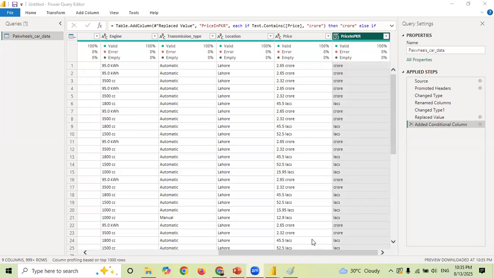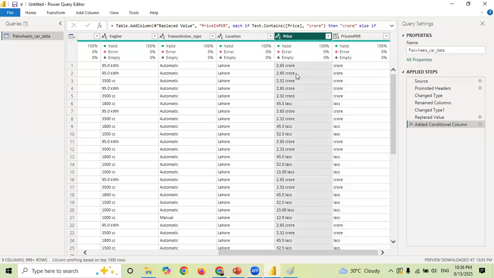Okay, good. I have just created a conditional column where I gave the condition that where the lakh is there, write the lakh. Where the crore is there, then write the crore. Got it? Now what I will do,